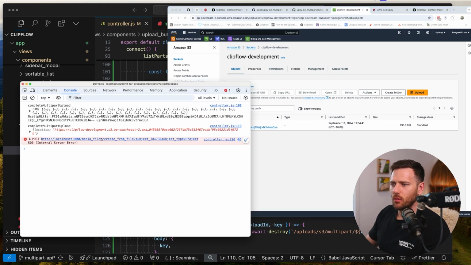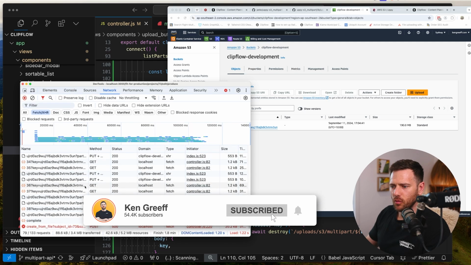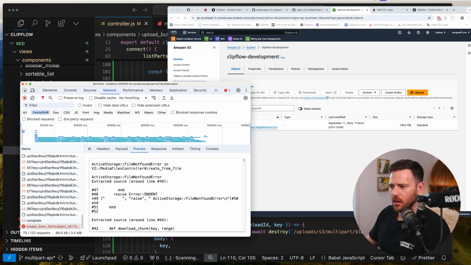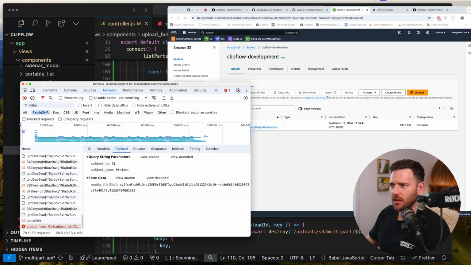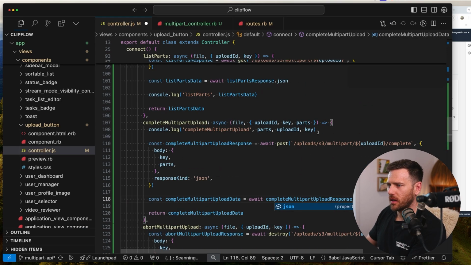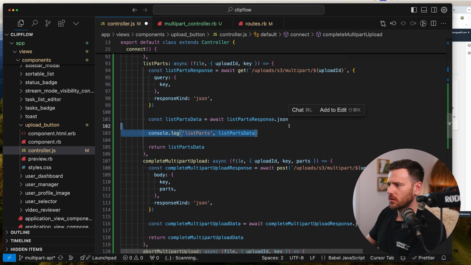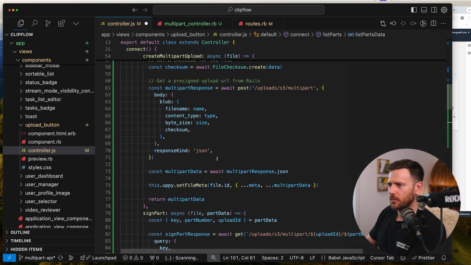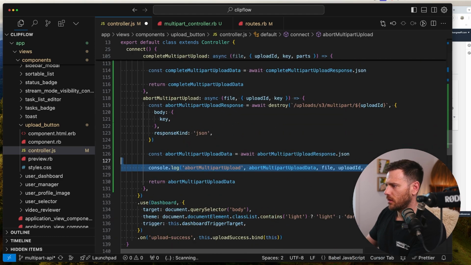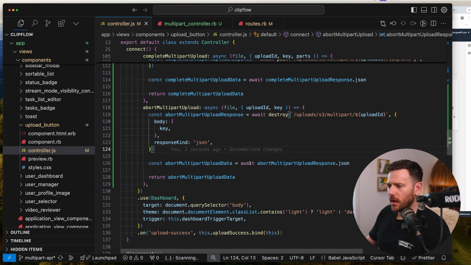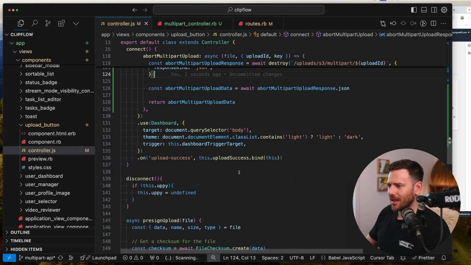Boom, just done. We do have an internal crash here, the 500, where we're trying to connect the two, and it's because we're not passing the actual file signed key up, all right? So that's the part. So let me just clear out all these console logs, because we don't want that littering in production. Console log, the abort works, we've seen that happen. So that's cool. Now, on upload success,